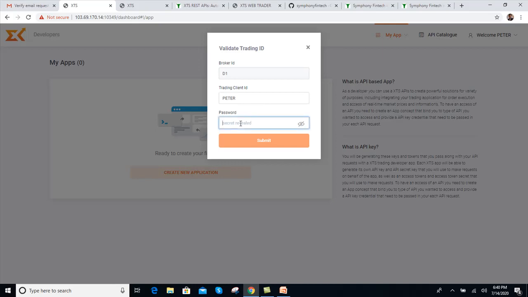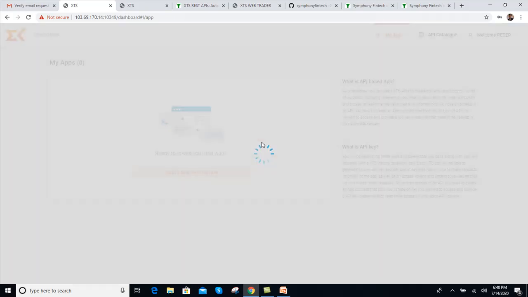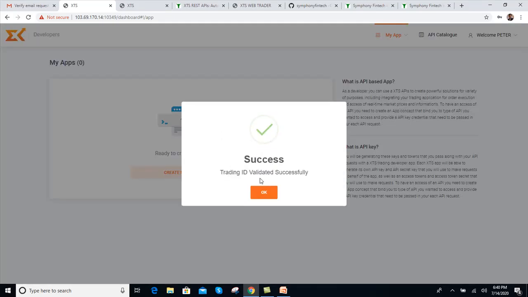And I have to put the password which I use for trading purpose in my web and mobile. Yes, my trading ID validated successfully.